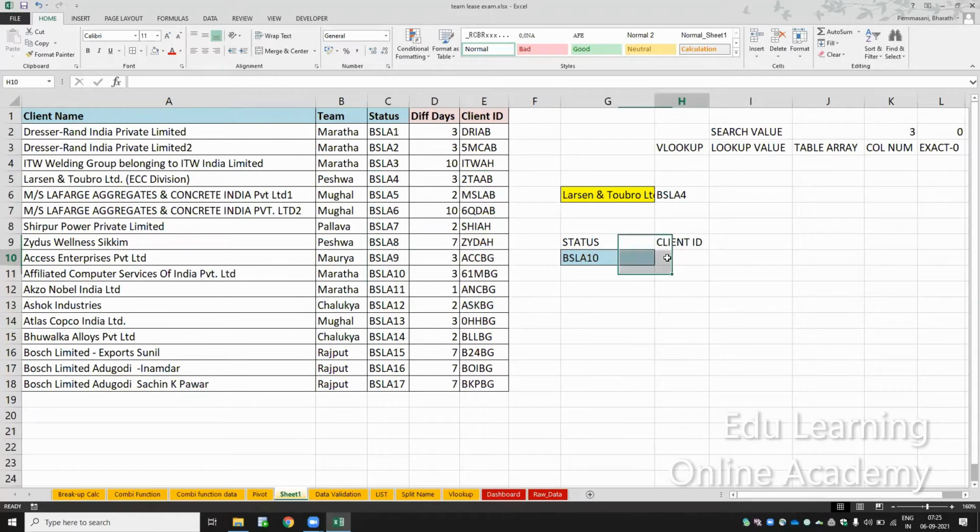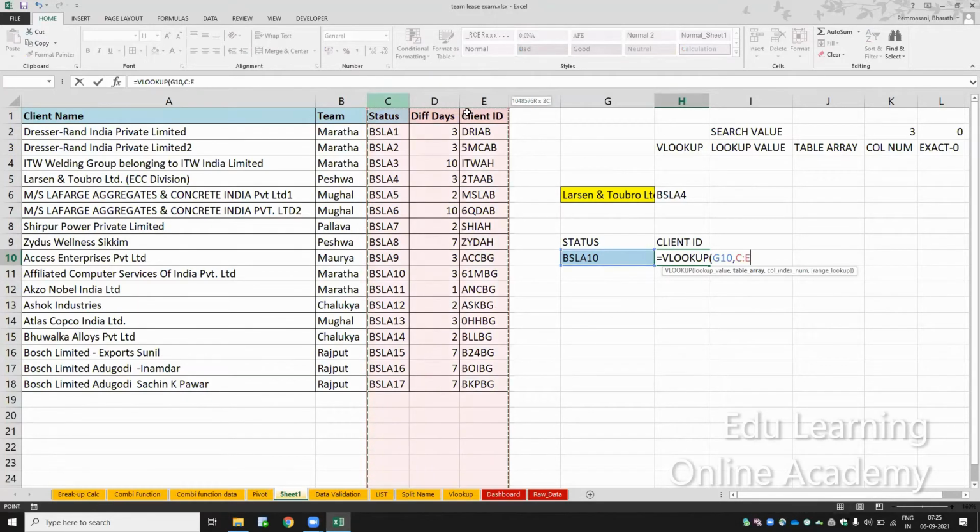So which formula? VLOOKUP formula. Can you see the syntax? Which is the lookup value? This is the status I have to search. So what is the table array? Status to client ID. I'll select. Okay. Now which column number do I want from this one?